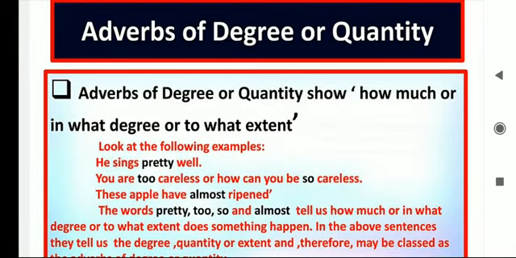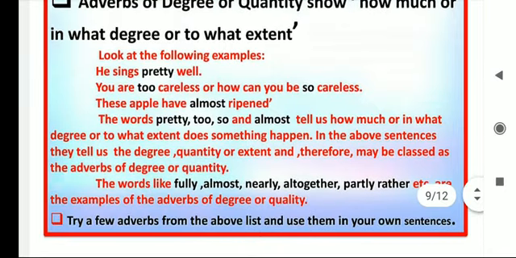Now adverbs of degree or quantity. Adverbs of degree or quantity show how much or in what degree or to what extent. Now look at the following examples. He sings pretty well. You are too careless, or how can you be so careless? Too, pretty, so. These apples have almost ripened. These words pretty, too, so, and almost tell us how much or in what degree or to what extent something happens. In the above sentences they tell us the degree,